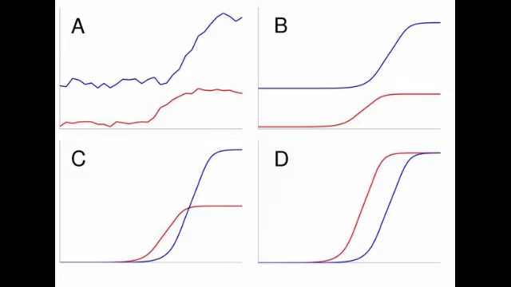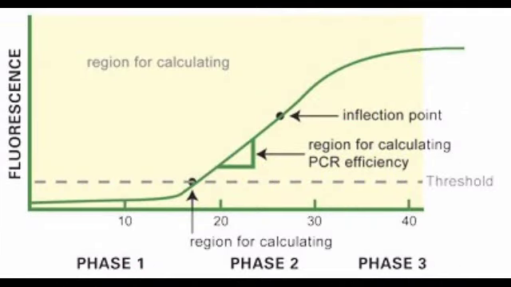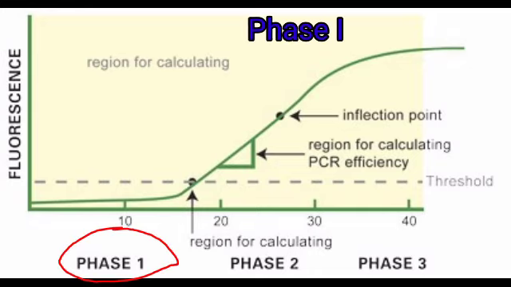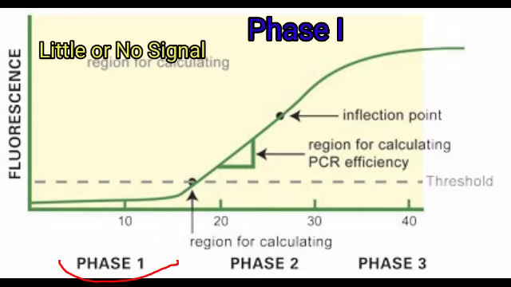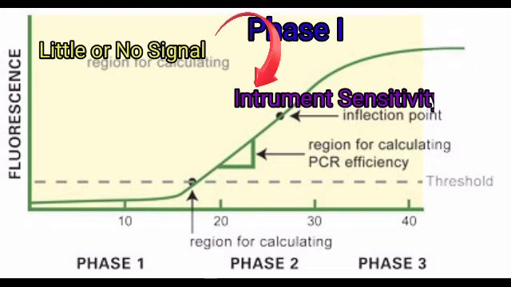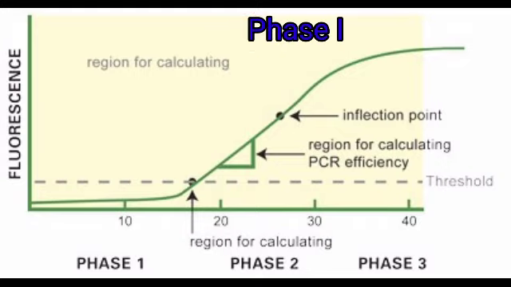With all this in mind, let us think about the causes of the processed curve having the characteristic shape. The first apparent phase, with little or no signal, arises due to the limit of instrument sensitivity. Even in a hypothetical perfect PCR reaction with perfect two-fold amplification per cycle, starting from a single template copy, the instrument just can't see the fluorescent signal from the amplification until it reaches a certain level.